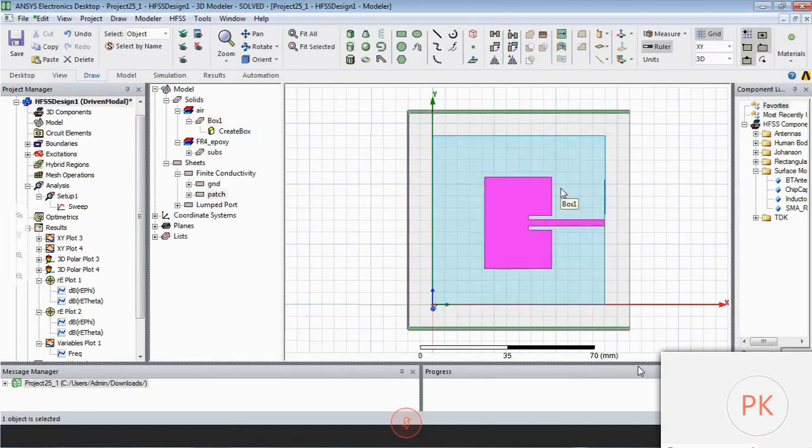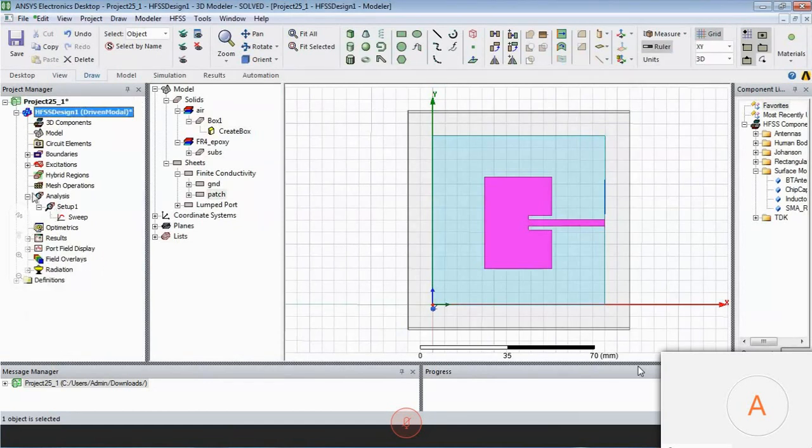So any other doubts? Sir, what should be the input impedance? That means input impedance plot on Smith chart, sir. How should be the input impedance? Input impedance is what you give.